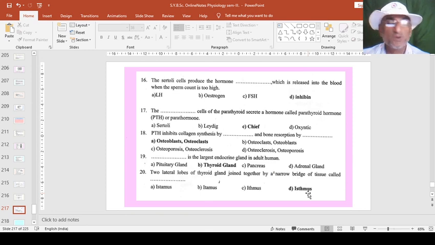So this is about the complete endocrine glands, and the chapter is concluded here along with the objective questions, and the syllabus is likely to end here, but we will continue our lecture with some questions or internal test series that will continue in the next period. Now we will conclude today's lecture here.